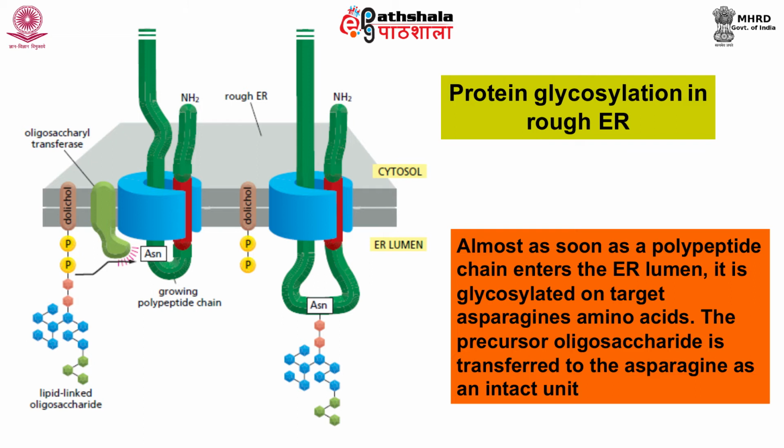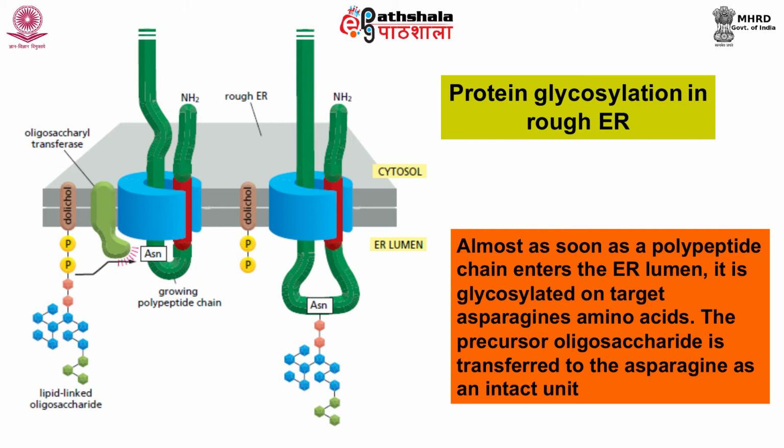For secretory proteins, the ER serves as an important site for many processes. One of them is protein glycosylation. N-linked glycosylation that you are observing in the figure takes place in the ER on specific asparagine residues. Oligosaccharide units are added to acceptor asparagine residues present in the polypeptide chain. Oligosaccharides consist of 14 sugar residues and are synthesized on a lipid carrier, that is dolichol. This dolichol is embedded in the ER membrane.